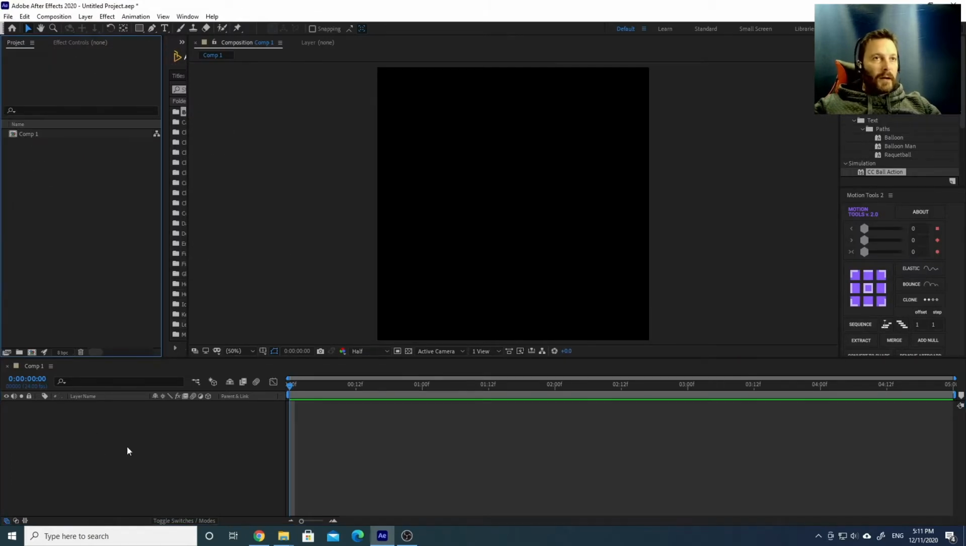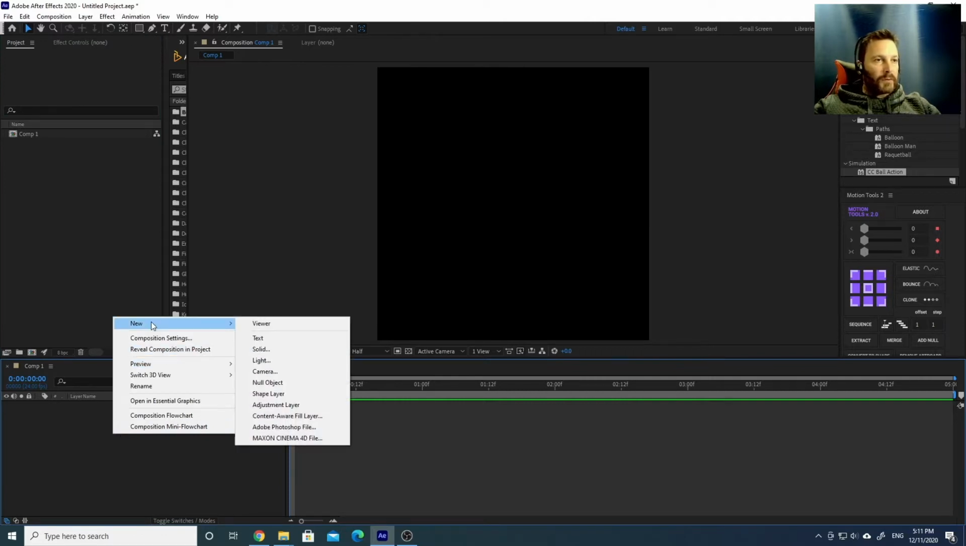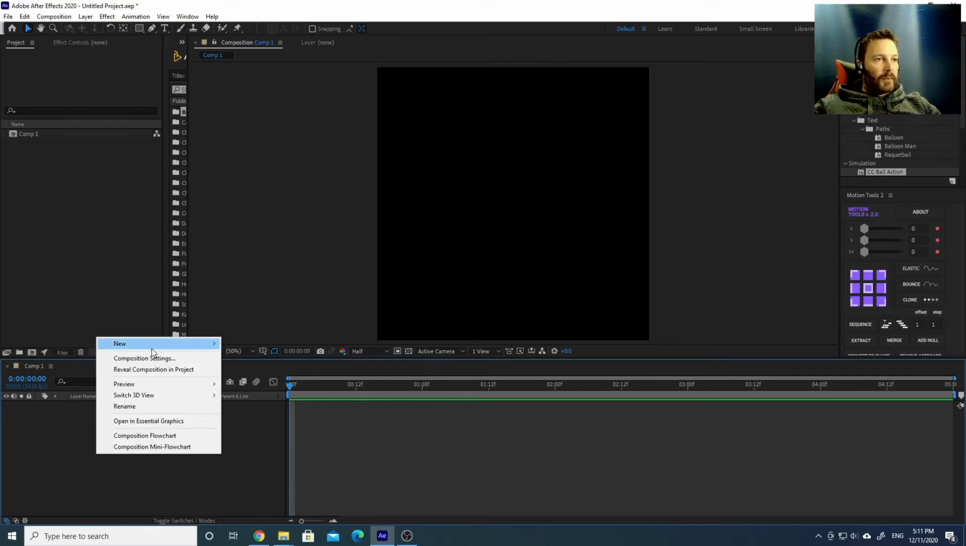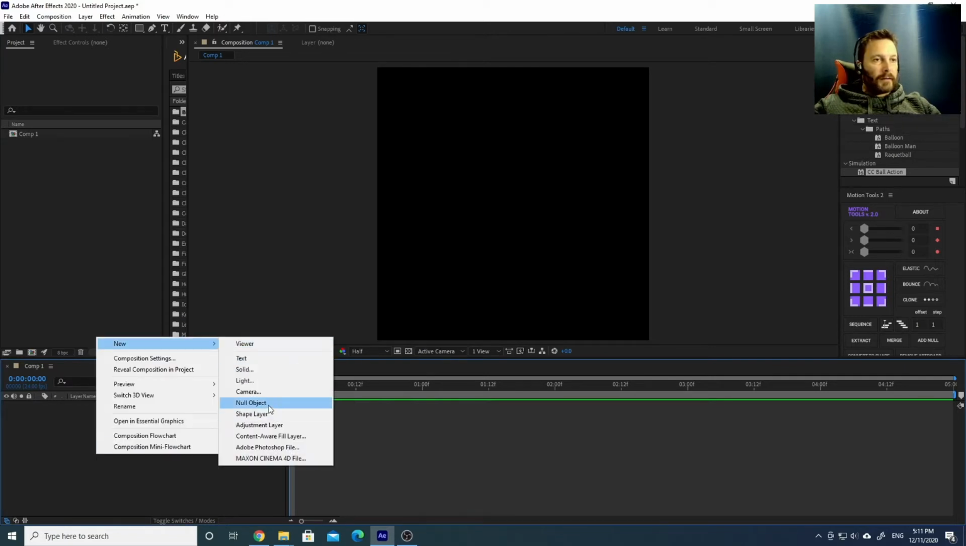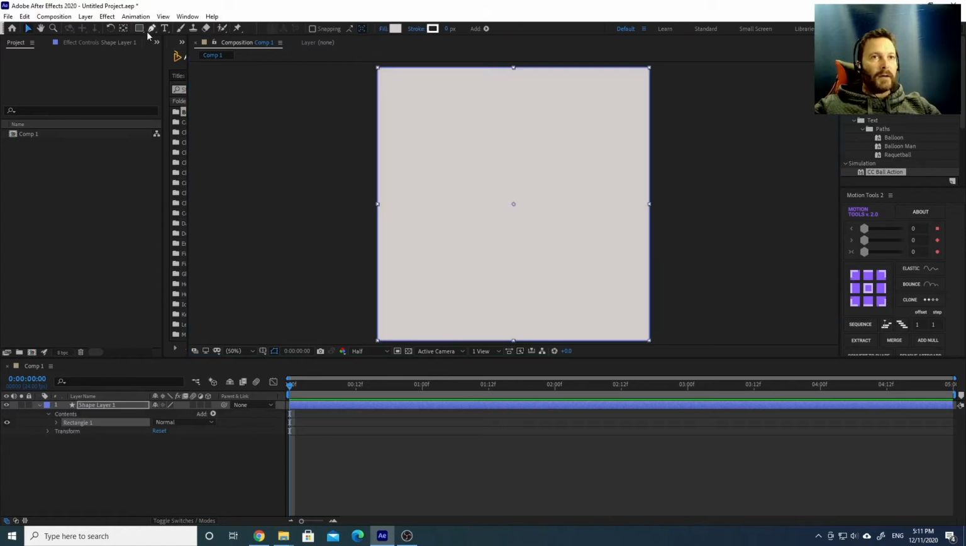Now that we have our composition, we are going to create the snowflake, which we will use afterwards. So on the tab here, you click new and create shape layer. In this shape layer, we are going to add a square. So how do we do that? You just double click on the rectangle tool here. So double click and you will get